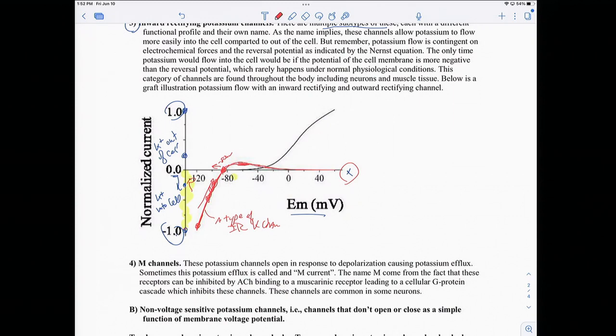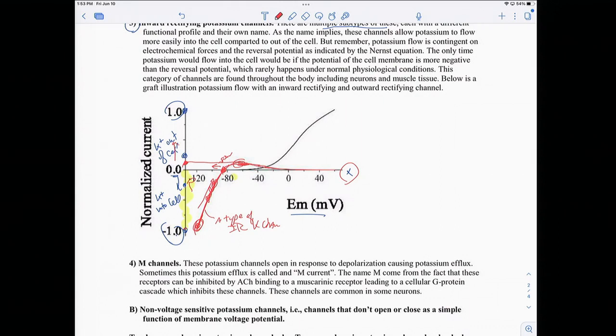But if the membrane potential is above the reversal potential or Nernst value, then note here, this flow, again, is out of the cell, but note the degree of current. You see that there? It's just a couple clicks above the 0. So I'm not having nearly the current of potassium out of the cell compared to the current of potassium into the cell when I'm below the Nernst value. So the conclusion here is that in this particular channel, potassium has a much easier time going into it